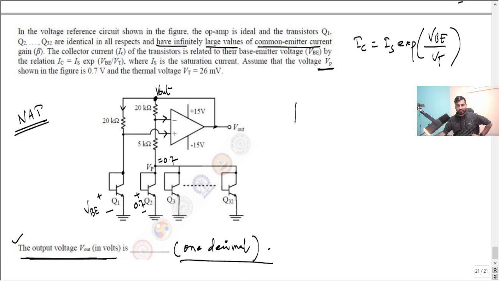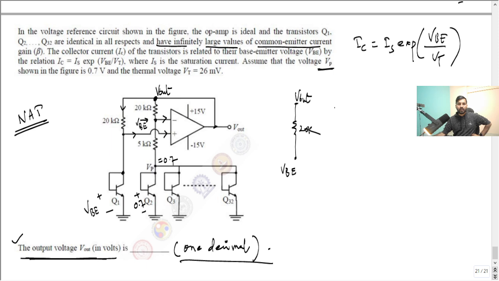So one branch is this. You just keep looking, okay? And this potential is nothing but you can say VBE, understand? And there is 20K, and this is V out. Okay, there is no current here. There is no current, okay? And if this is VB, this will be VB. So this point also, you can say, is going to be VB because of the virtual short